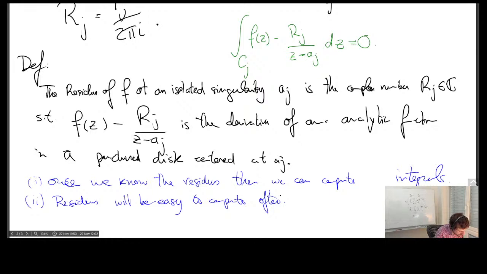The reason they're going to be easy to compute is that they basically correspond to a term in the expansion. If you have a pole, they correspond to the term, if you expand the way we do the Taylor expansion, but in the variable 1 over z minus aj. The way you should do this is, if you have a pole of degree h, you multiply by z minus aj to the h, and then you do Taylor there. There is one term that corresponds exactly to 1 over z minus aj. The coefficient of that will be the residue. This sounds complicated, but one can actually compute it for functions rather easily. And once you know the residue, you know the integrals.